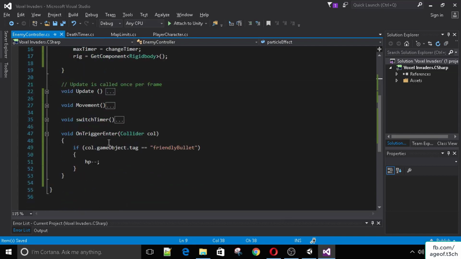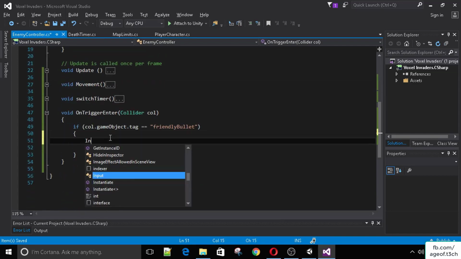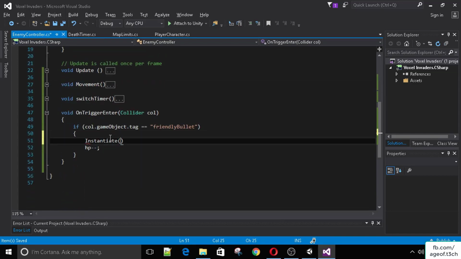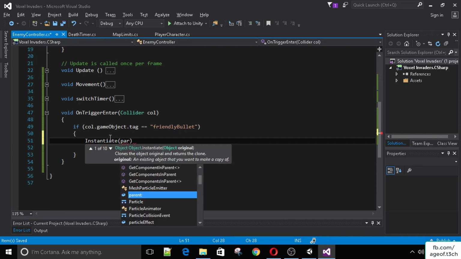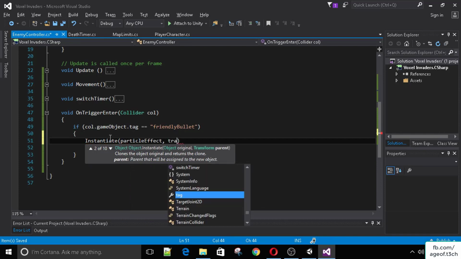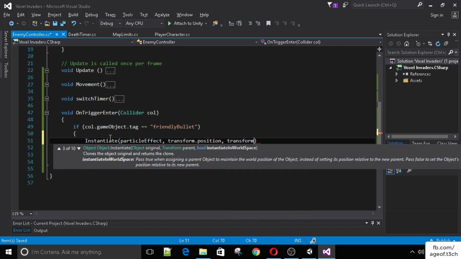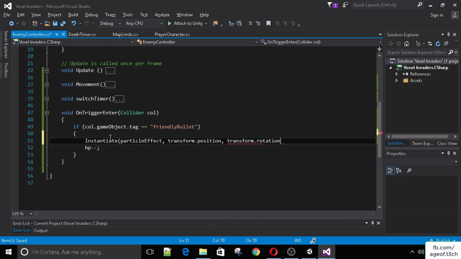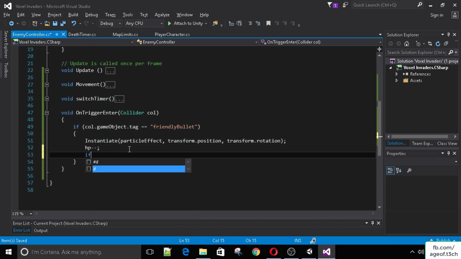And I'm just going to instantiate it once it hits me. Instantiate particle effect at the location transform.position, and with rotation transform.rotation. Okay. So now we decrease the health, and if our hit points are less than or equal to 0,